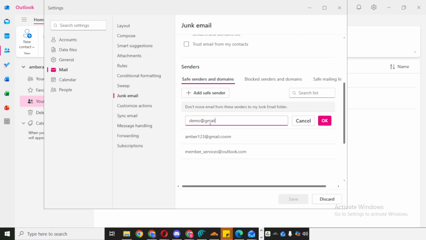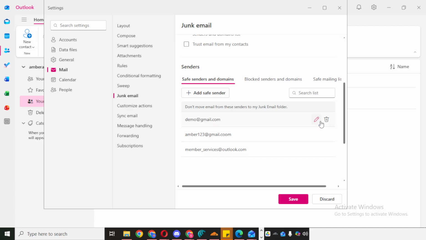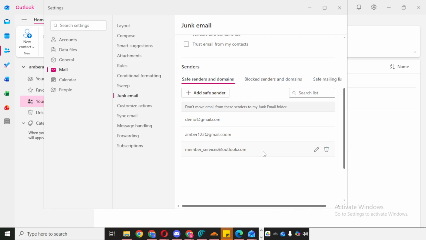Once saved, Outlook will treat messages from that email address as trusted, which helps reduce the chances of those messages being sent to the junk folder. If you're still not seeing emails from that sender, it can also help to check your junk folder manually and move any existing messages into your inbox, since that can reinforce that the sender is legitimate. This is a quick but useful setting to know, especially if you rely on Outlook for important communication.